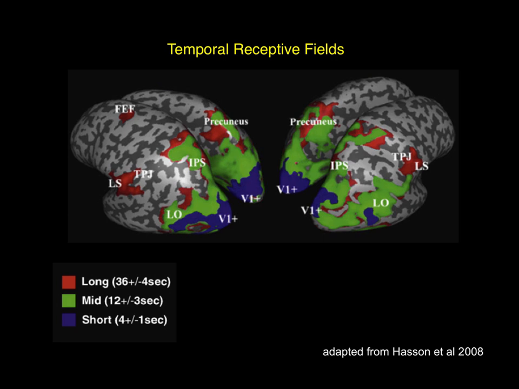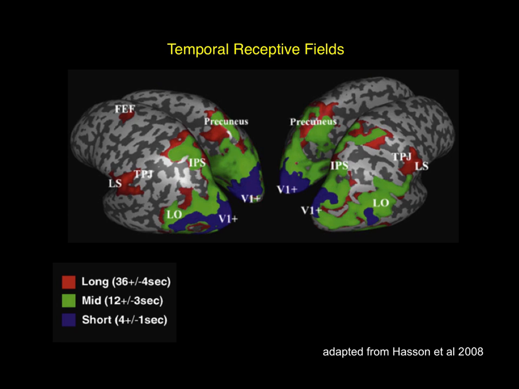And so Uri Hassan and his group used a method where they scrambled a set of movies at different time frames and then looked at how well correlated subjects were to both themselves and other subjects based on these different